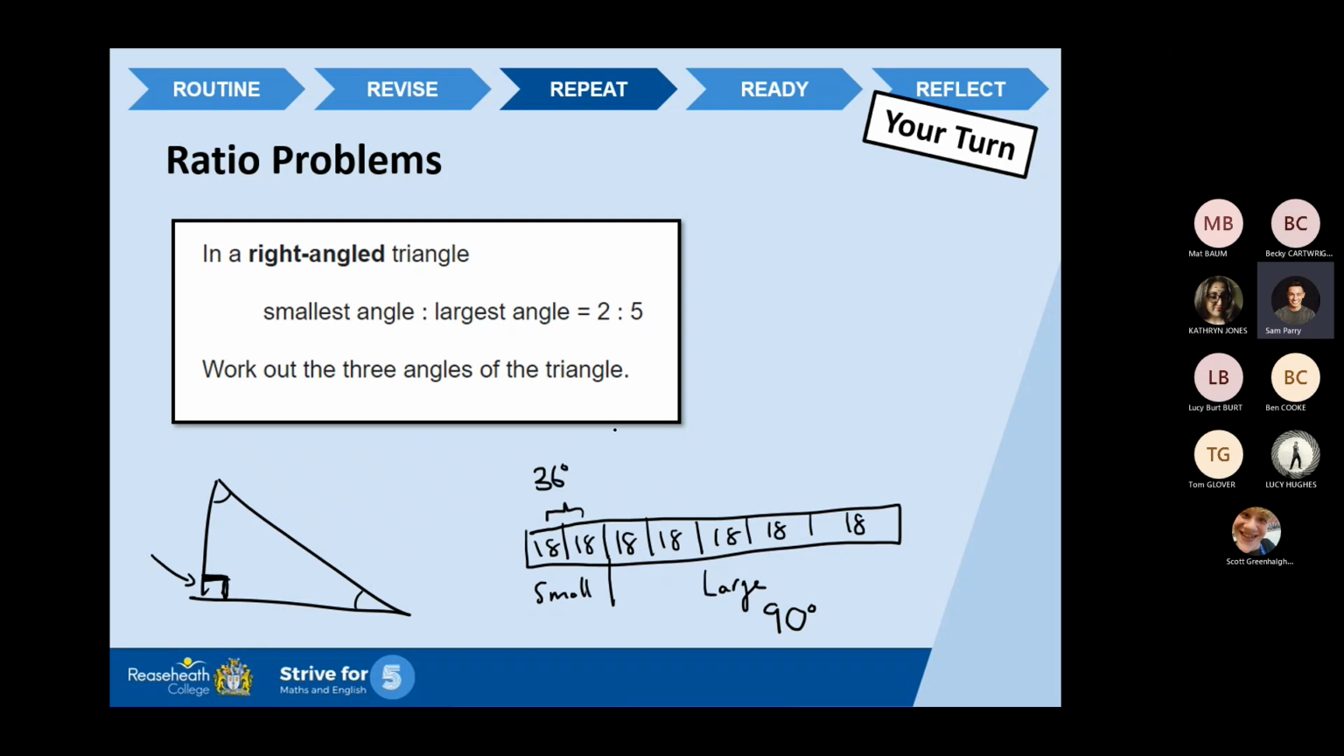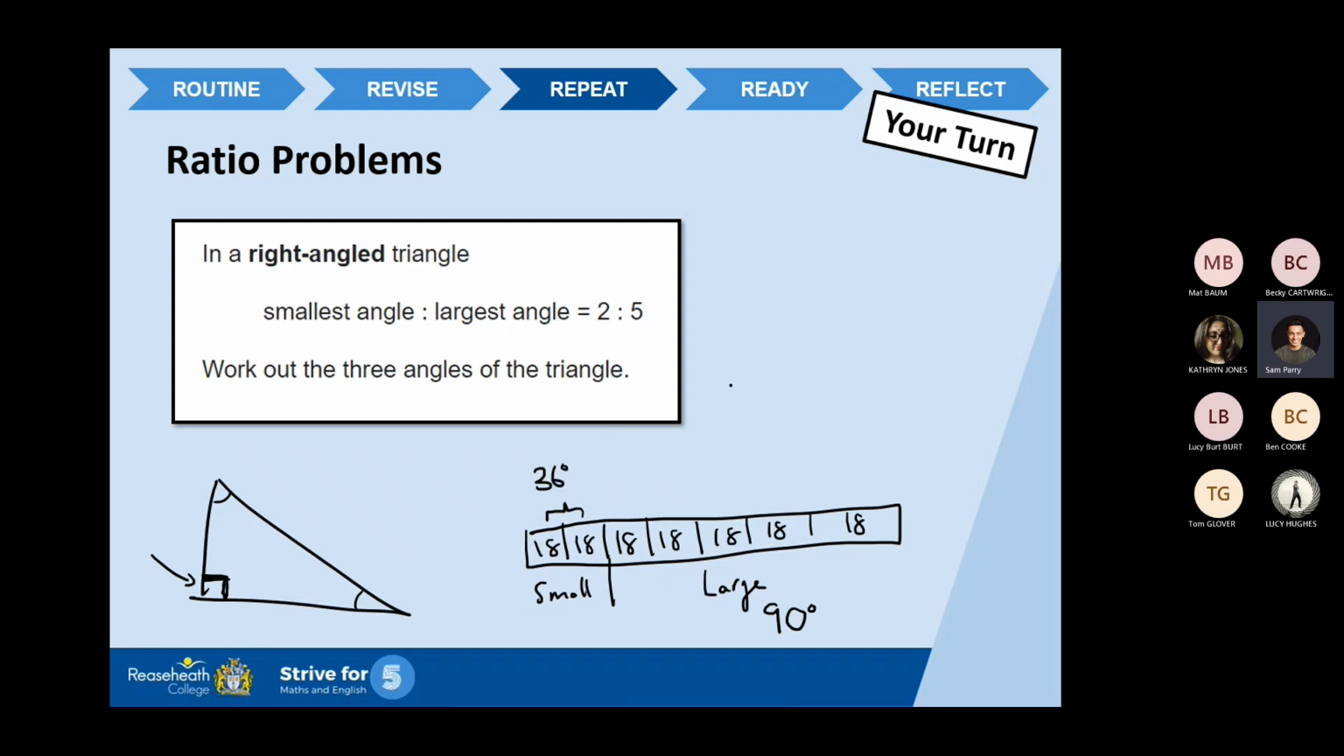Now, we know one angle is 36, we know the other's 90. By process of elimination, we can then work out the final because we need all 3 angles, don't we? So if I do 90, add 36, that gives me 126. And then if I do 180 degrees, the number of degrees in a triangle, take away 126, that'll tell me the leftover